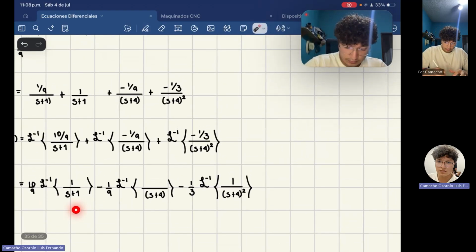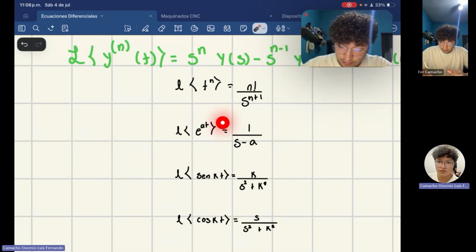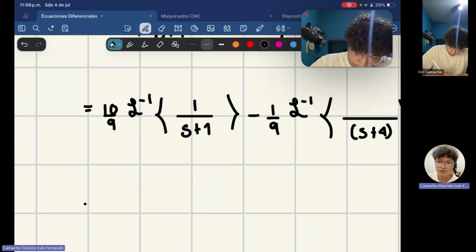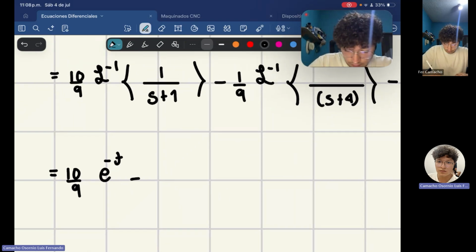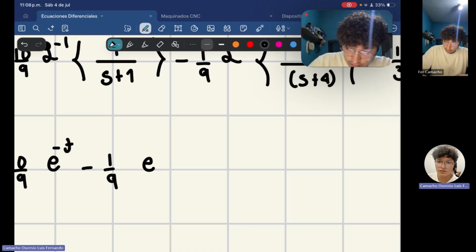In this part, you can see that it's the same as this part with the minus a. So we're going to apply it. E minus t less 1 over 9. Sorry, I forgot it. In this part we have the same. E minus 4t,